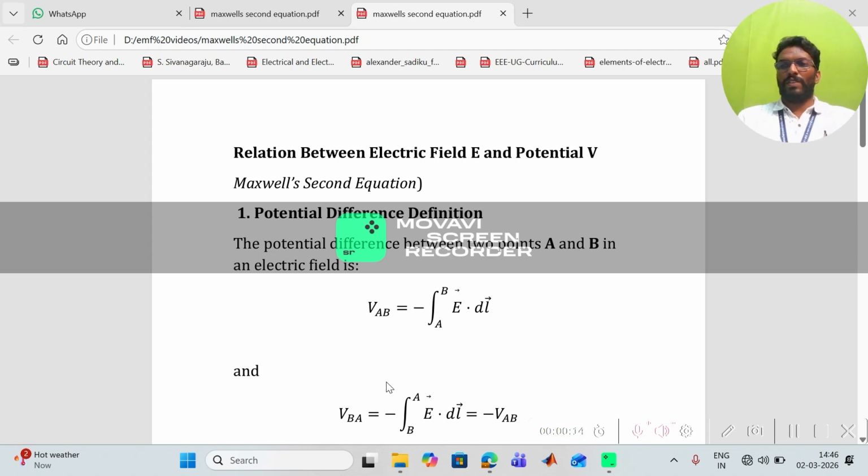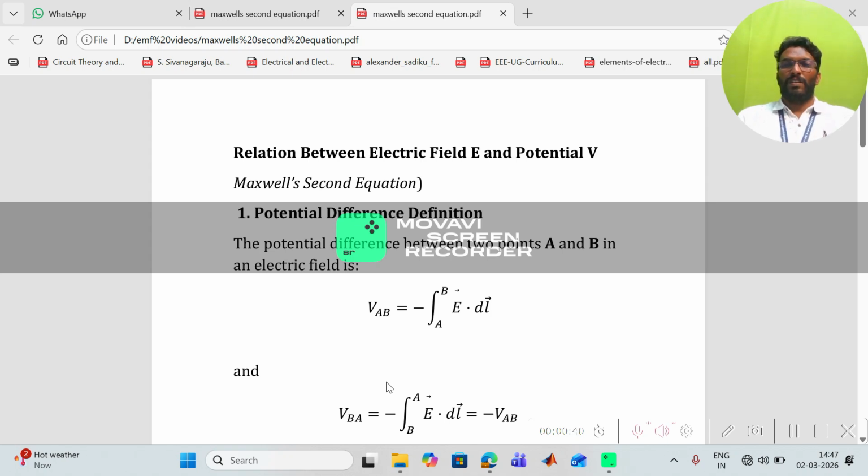Last time we saw how electric charges create electric fields, but today we are going one level deeper. What if I tell you that the electric field is not independent, it is born from something more fundamental, electric potential? Yeah. Today we decode the hidden connection between electric field intensity E and electric potential V, nothing but Maxwell's